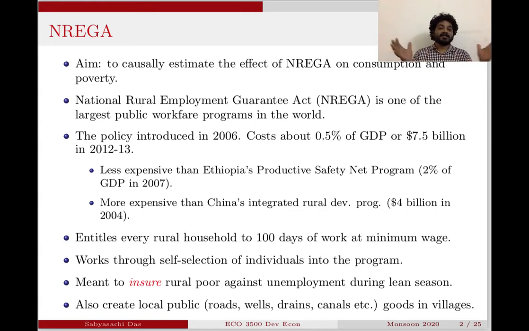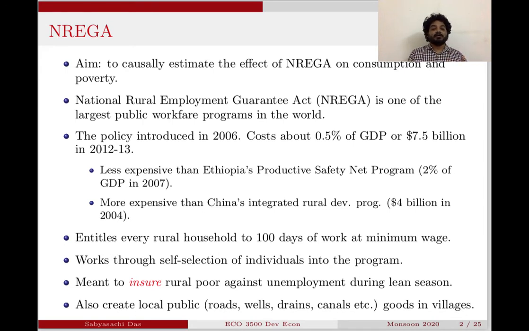So various kinds of public goods and public infrastructure. The work would be building new ones, as well as maintaining and replenishing old ones. So that's the nature of the work. So these are primarily manual, unskilled labor,